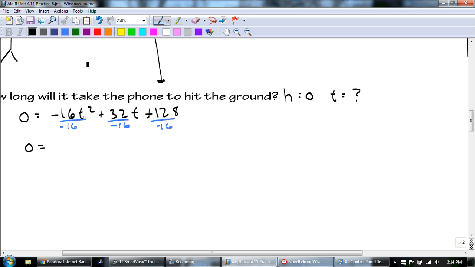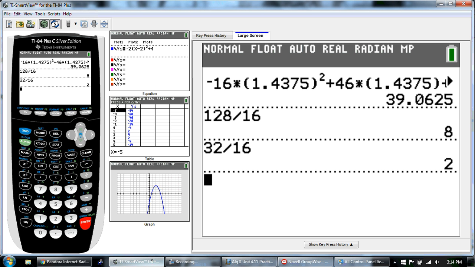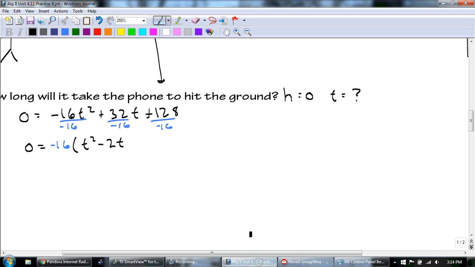So we have 0 equals negative 16, and then I'm left with t squared minus 2t, and then 128 divided by 16 was 8, so it's going to be a negative 8. Okay, so I'm looking for numbers that multiply to get to negative 8 and add to get to negative 2. So 1 and 8, 2 and 4, the only way to do that is, good, 2 and 4, and my 4